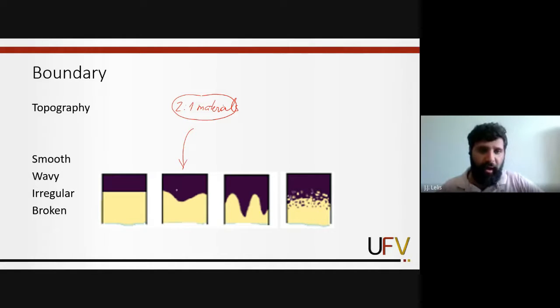Okay, so we have some materials that can suffer shrink and swell, and this shrink and swell process changes the topography of the horizons and produces a wavy topography. Okay,